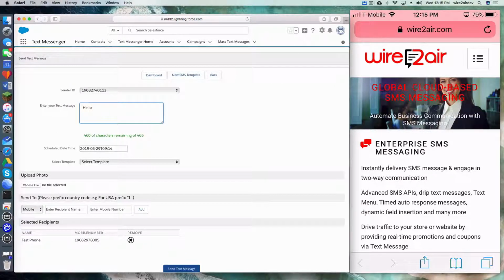enter your text message. I will just say hello, and you can schedule it. The sender ID, I have two, so I'm just going to keep it for this. And if you have a template, you can choose it here. If you have a photo or any other MMS file, you can send it in here,